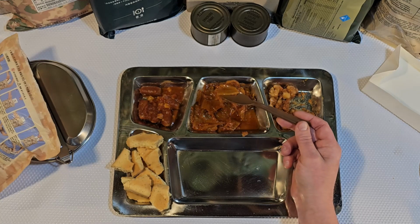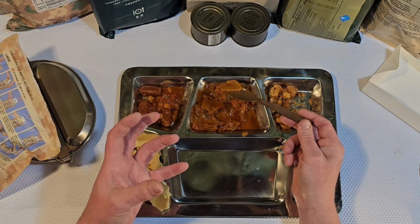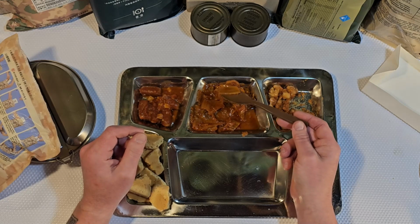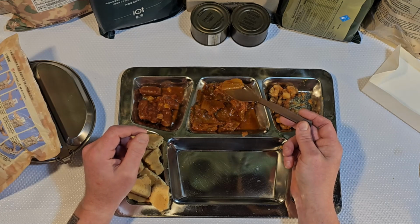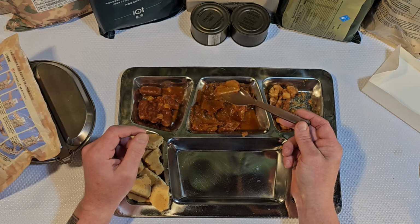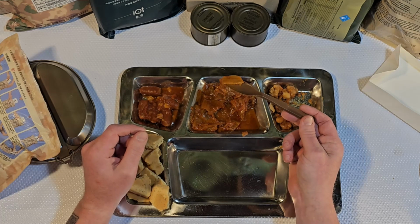It certainly lived up to the smell, which was very pungent when I stuck my nose up close to that bag. This is definitely some pickled, spicy, just vegetable stuff. Good God, this stuff is